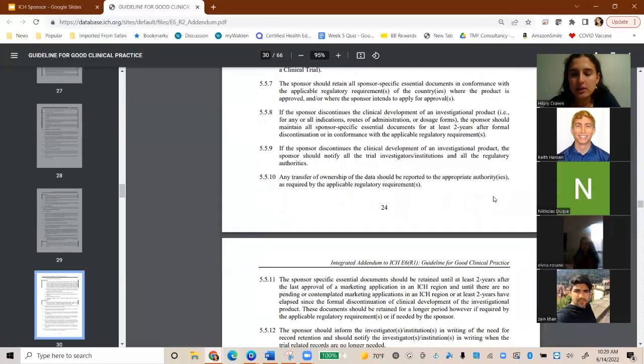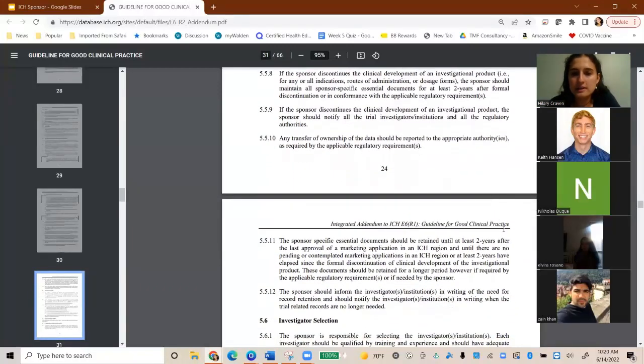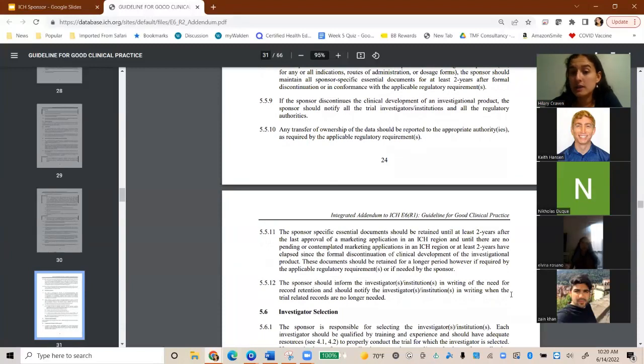And then as we see later, even if they are closing it, they still need to have that 2 years, and then you also need to inform the sponsor in writing that they need to retain the records, and then if they no longer need to retain the records, then they need to be notified via writing, right? So it's almost in a sense protecting the sponsor from the institution saying, oh, it's 2 years,